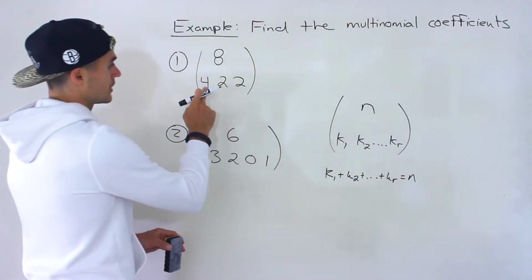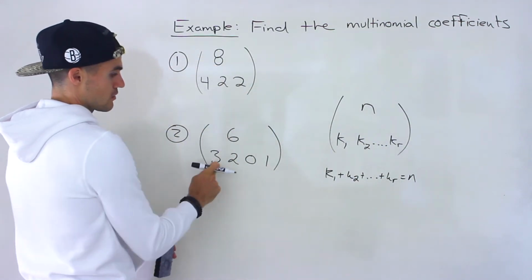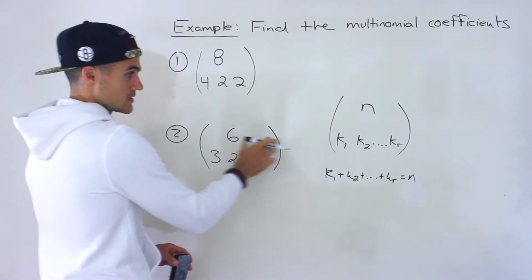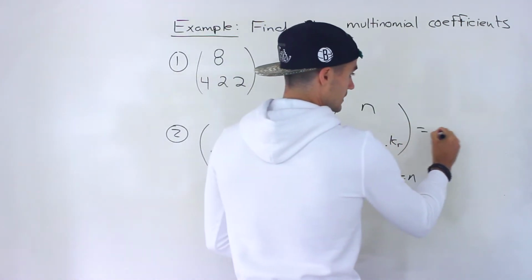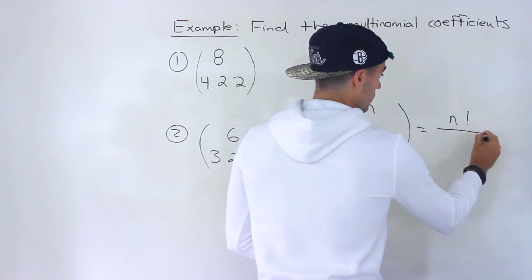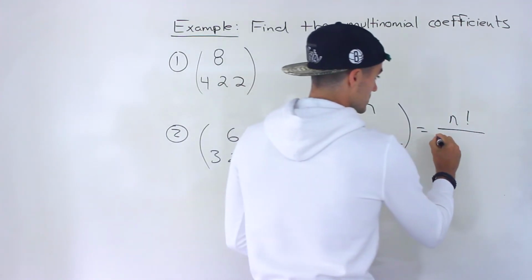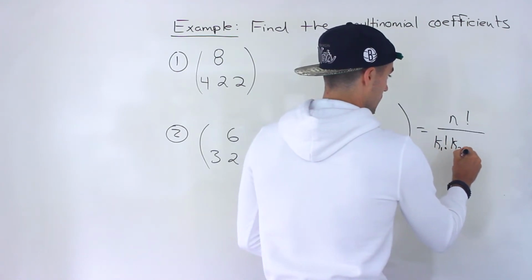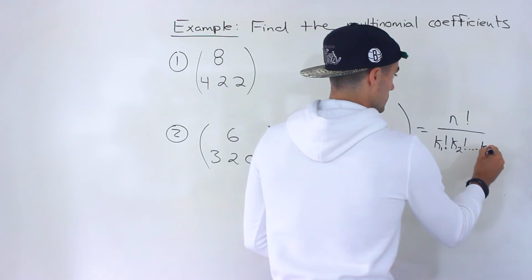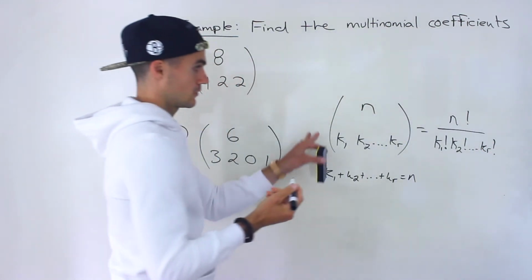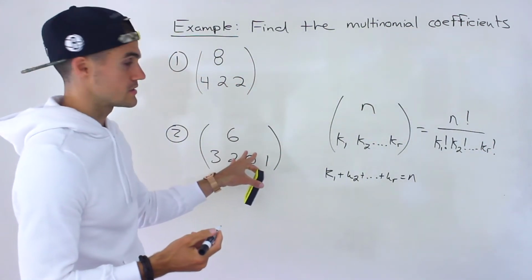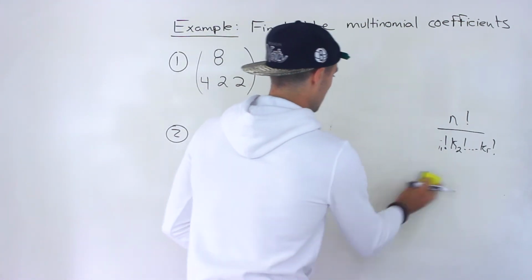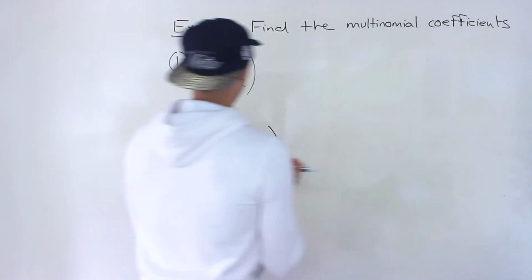And notice that that's happening here. 4 plus 2 plus 2 is 8. 3 plus 2 plus 0 plus 1 is 6. So whenever you have something in this format, it's basically going to be n factorial over all of these respective factorials. So that's what we're going to be applying. We're going to be applying this to both of these over here. So starting with number one, what's going to happen here is we would end up having